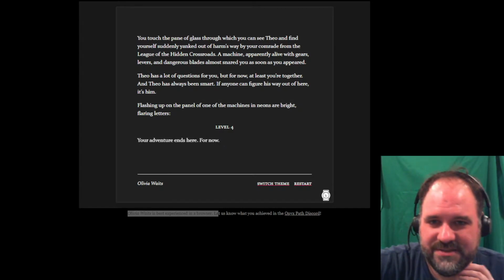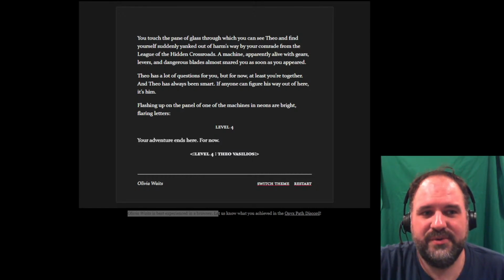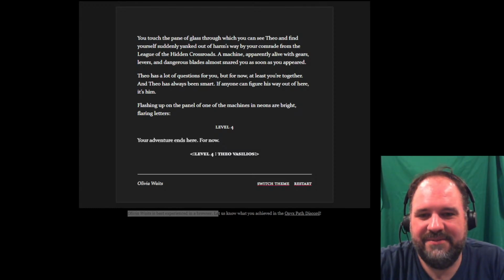Thank you, Storm Moon, for saying that Faustian is the Crossroads. So we chose Theo, and we got